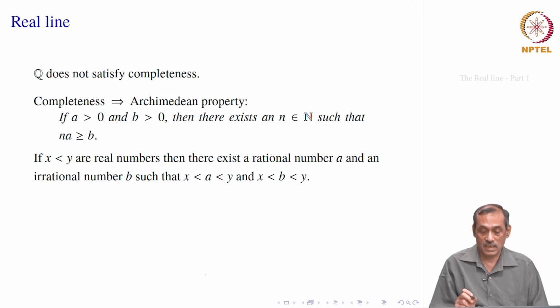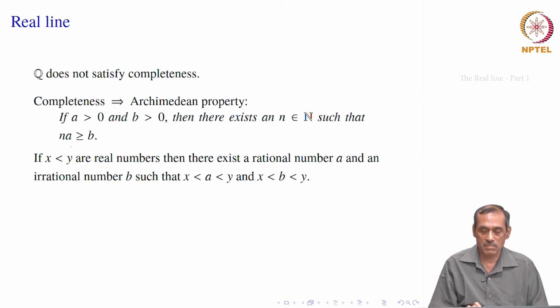So, this really strikes something. It is told in a funnier way because of Archimedes. Suppose you have a very big bathtub and you have a very small spoon and you try to empty the bathtub with the spoon, then it says that after some time you will be able to do it. The bathtub will be empty by the spoon. It may take more time because this n can be large, there is no problem, but there exists one n such that n times A will be greater than or equal to B.